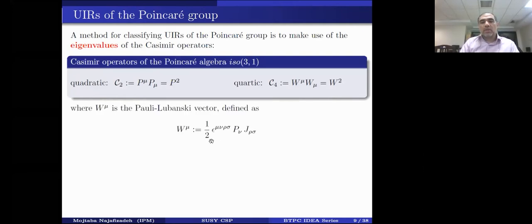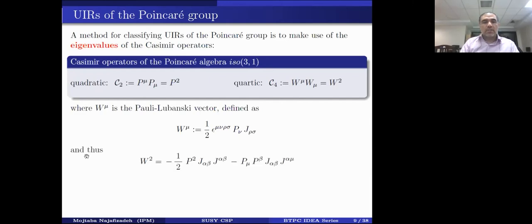W is a combination of P and J, these 10 generators of the Poincaré algebra, such that if you compute W square, you will get this amount. It is easy to check that P square and W square